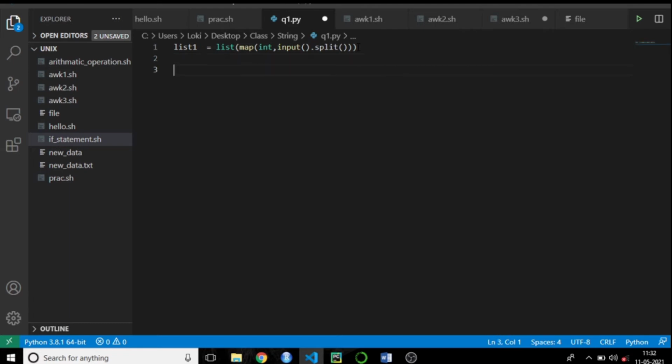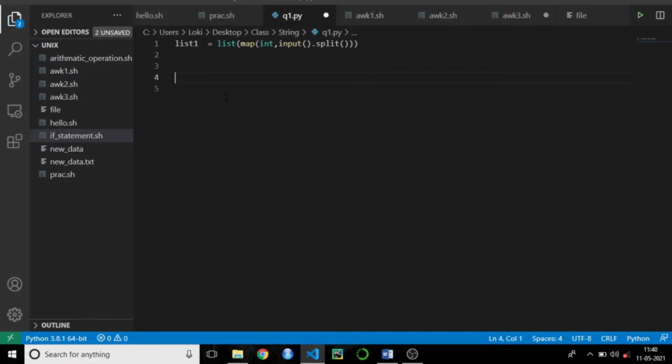After this I will get into the question. What I need to do is get all the even numbers from a list. Here I will use a for loop to iterate through all the elements in the list: for i in list1. After this I need one more variable, that is even. Whenever I find an even number in list1, I need to add that to the variable. That's how I will get the sum of all the even numbers.